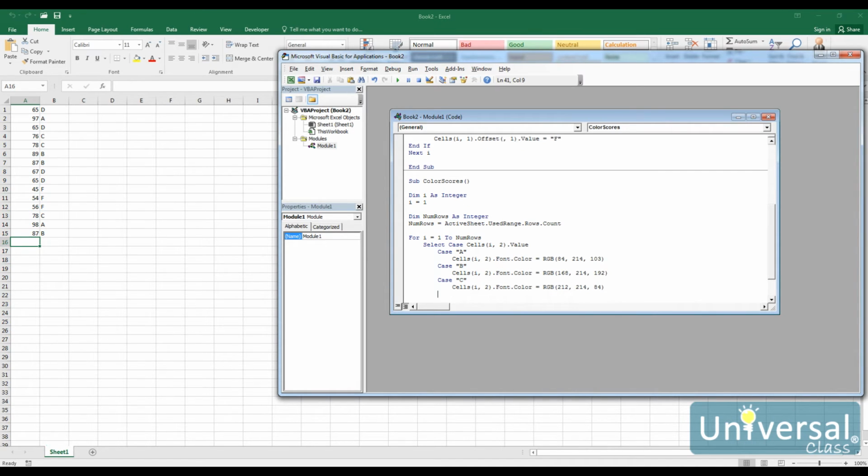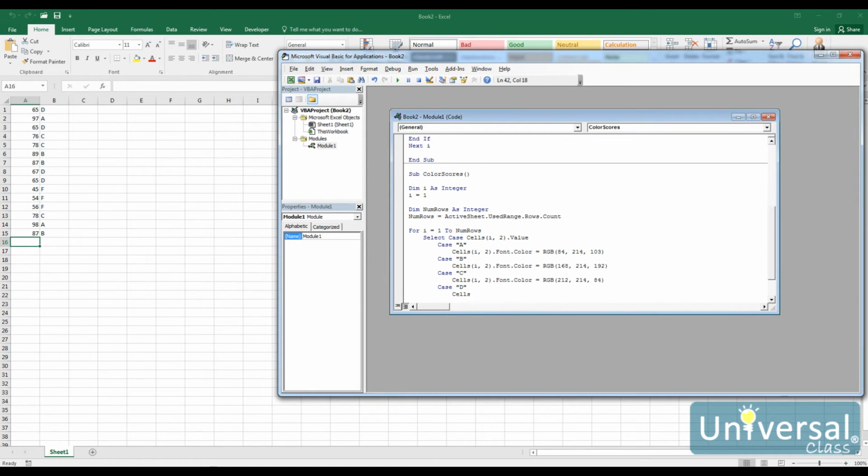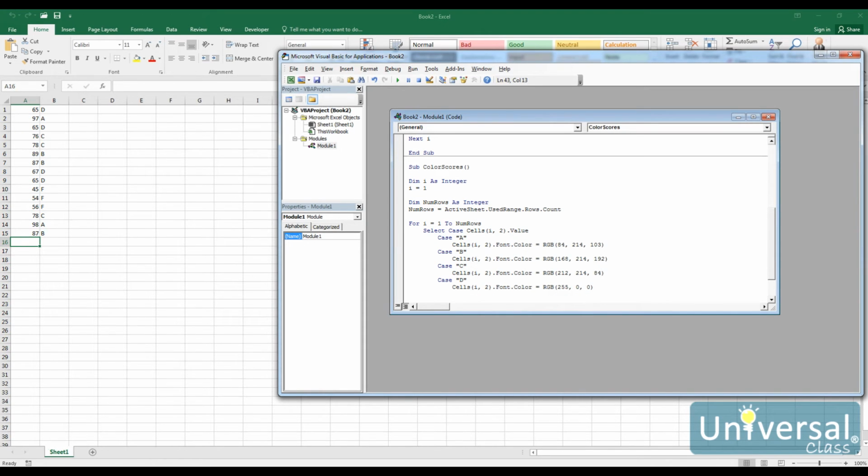And then the next one's going to be case is D, and this one's going to be cells I, 2, so they all look about the same, dot font dot color is equal to RGB, and then this time we're going to do 255, 0, 0, so we want it to be pure red. Okay, so now what I did was I did all the cases for A through D,